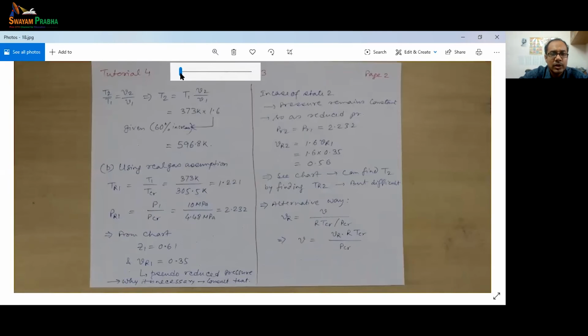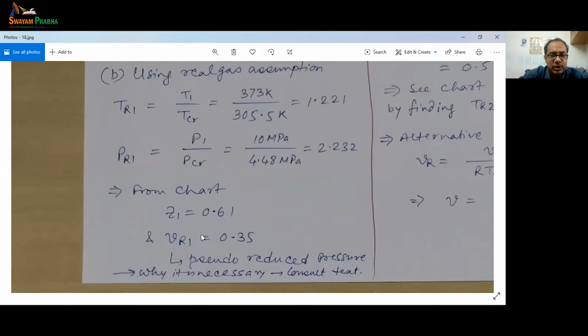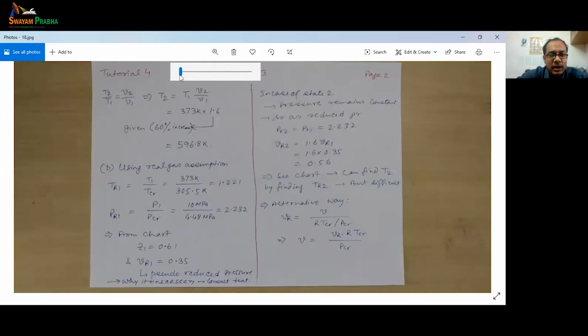But what I want to show you is that there are two things to be read in this problem: both the compressibility factor ZR and the pseudo reduced volume VR1, which we need to look up. Why this is necessary is difficult for me to explain in this problem. You can look that up in the text, and I insist that you please look that up. But now we are going to show you the two values we need to read from that chart.